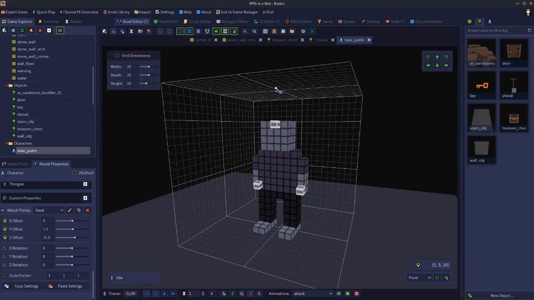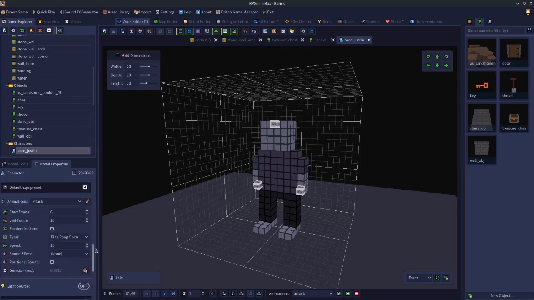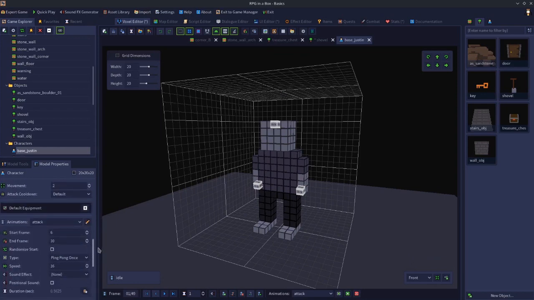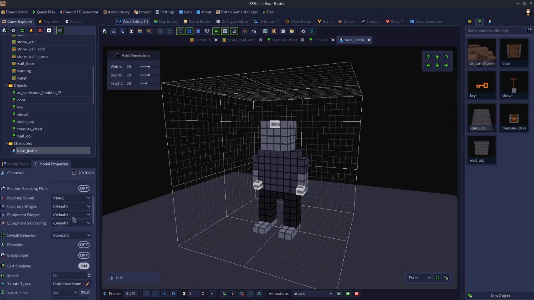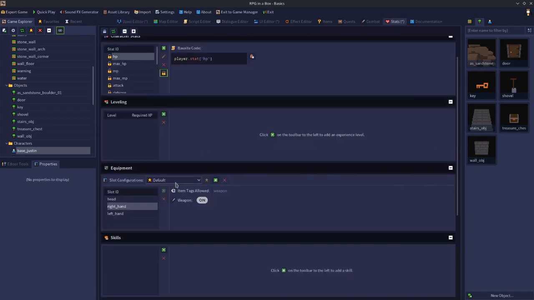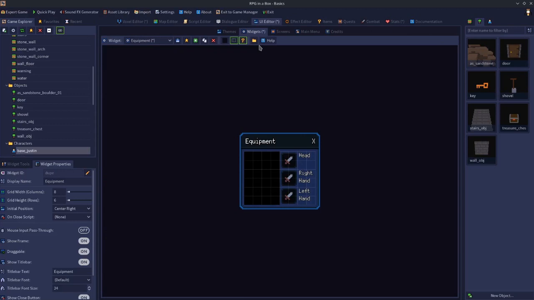Now, the last thing to go over as well is in the player's settings. If you are doing a custom setup, you're going to need to change the equipment widget to one that you've made your own, and you're going to need to change the slot. So if you've got a custom slot config, then you would change this to custom so that the player character actually uses your custom one. Yeah. But for now, this is just a built-in one. Okay. So if we save that,